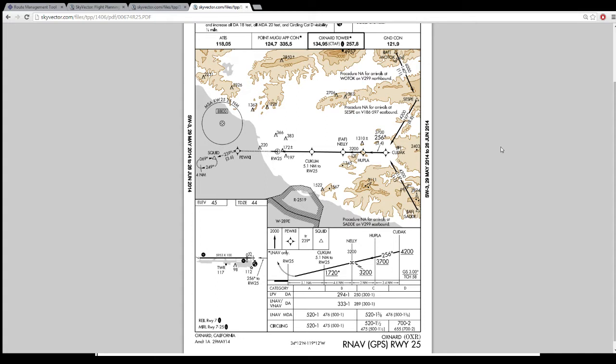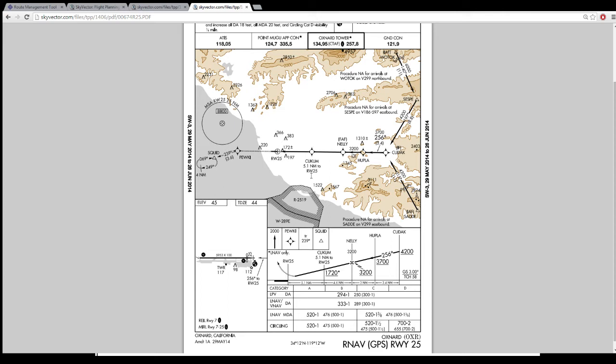It will probably be vectors to final, which in my GPS, I'll be using the MindStar Garmin GNS. The vectors to final will start at Nelly, the final approach fix, which we will need to be at 3,200 feet, and then follow the glide path down to missed approach altitude of 295,